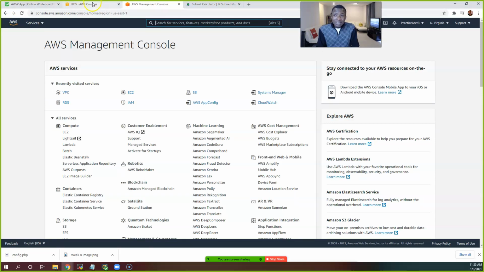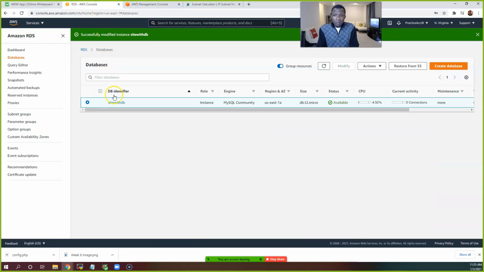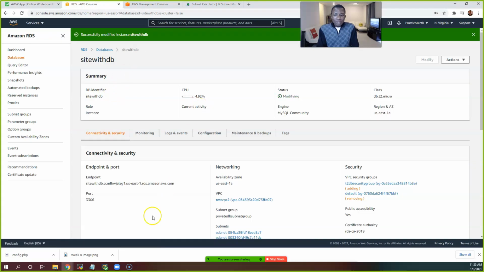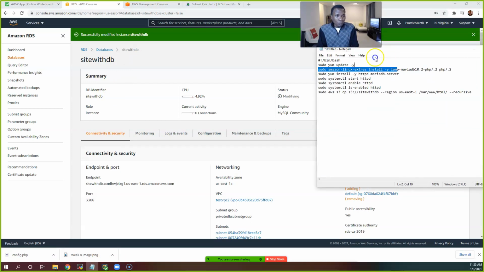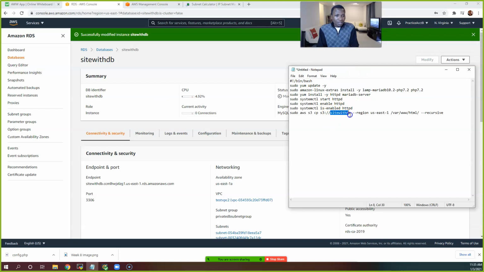But now, guys, think about something. Now we've just created a new database, right? But now, look, our configuration file, our S3 bucket, where we're going to pull from. Who can tell me quickly? Let me see if someone can remember. What do we need to change in that bucket now? I know someone knows this. What do we need to change in that bucket? If we put this now with this